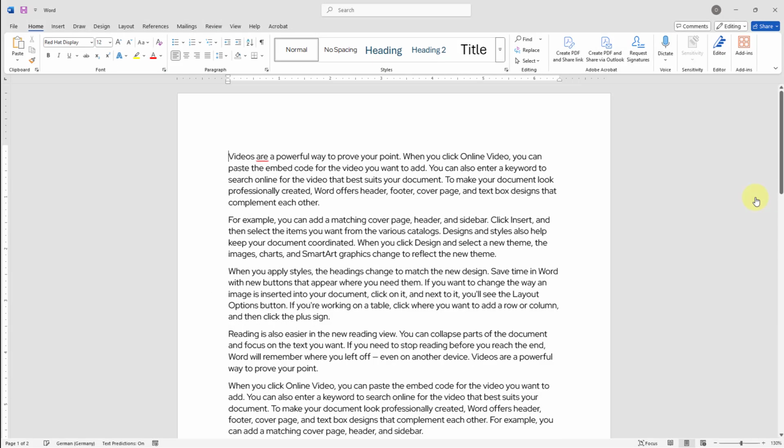Depending on the document's length, the translation process may take anywhere from a few moments to several minutes. And just like that, my document is now in English. We have now covered everything you need to know about translating a Word document quickly and easily.